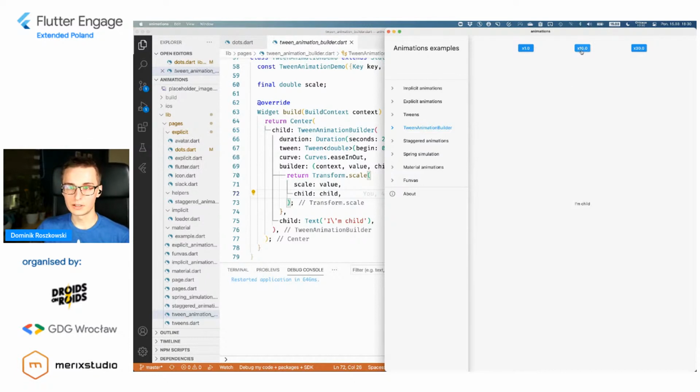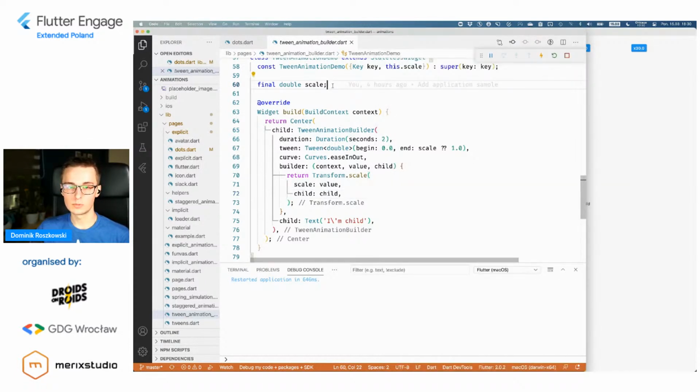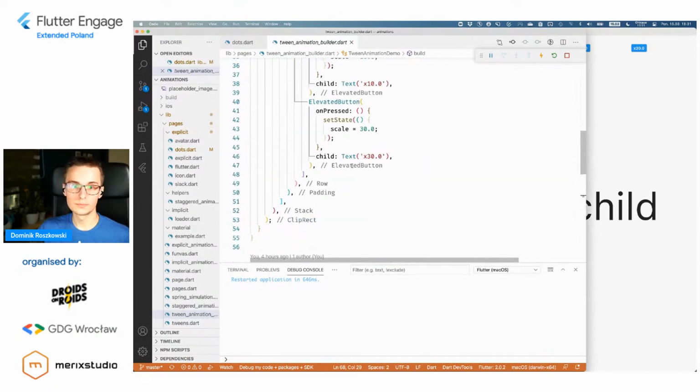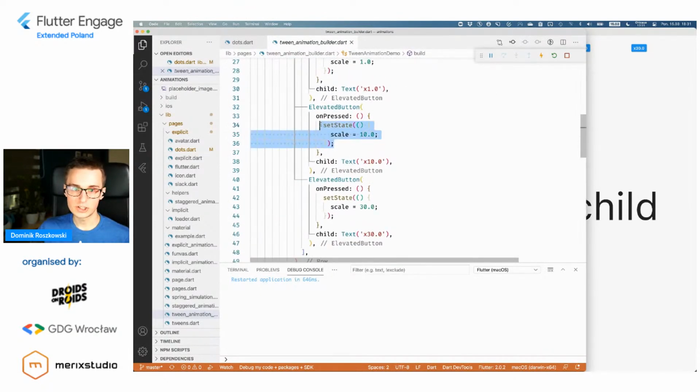But then if I select this, change this scale to 10, this will animate or interpolate this value on its own. So I don't have to actually do anything else than just, let me show you, set state scale equal to 10, and this will trigger rebuild.